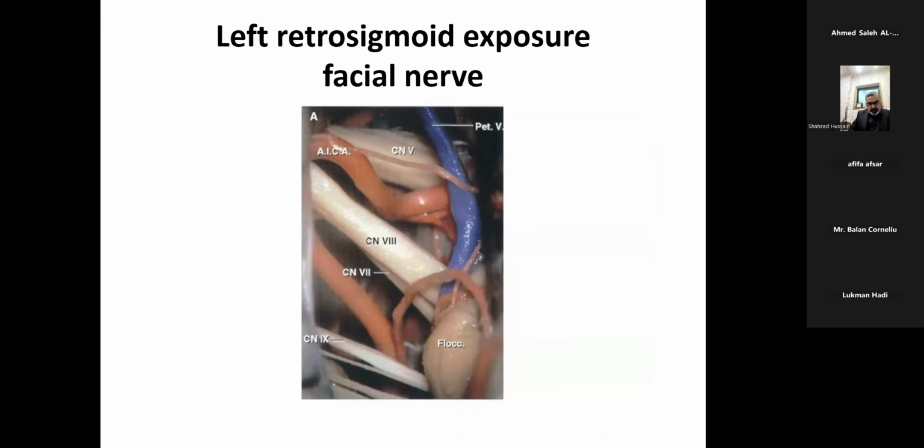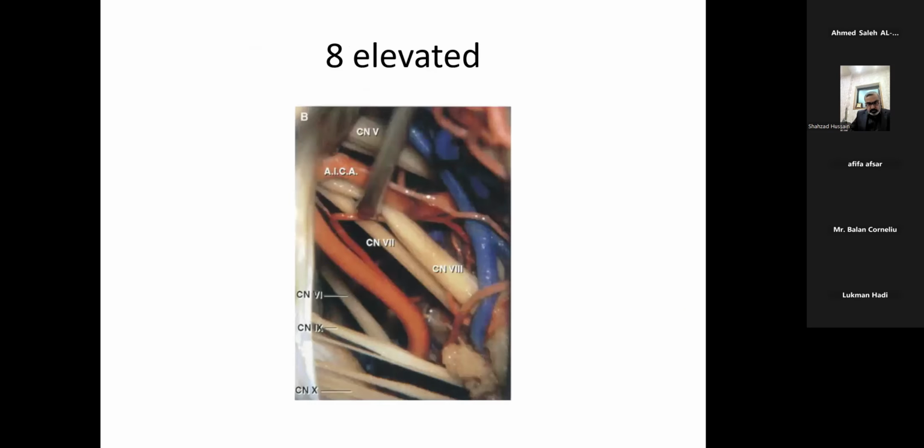As we talked about initially, the facial nerve tends to lie anteriorly, and they both are separated by a transverse crest. So we can see that the cranial nerve 7th is lying slightly anterior to the cranial nerve 8th, and we are looking from the posterior aspect basically. Now, the cranial nerve 8th has been elevated in order to clearly appreciate the cranial nerve 7th, and we can see that the ICA is lying in close proximity to the 7th 8th nerve complex as it is entering into the internal acoustic meatus.